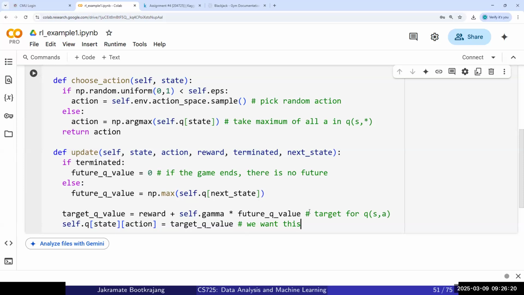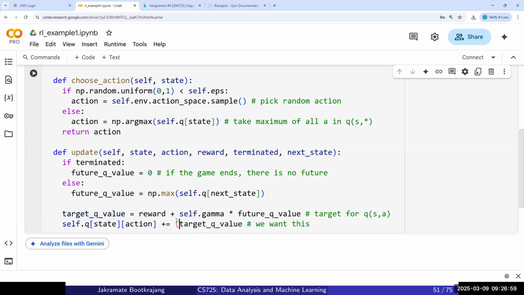But if we just plug in that value, it's going to be too fast, because at the beginning you don't even know if this is the optimal value. We know that this one is better, so we want to move slowly. You want to move this value closer to the target Q value. In order to move closer, we don't set it equal to the target; we want to add